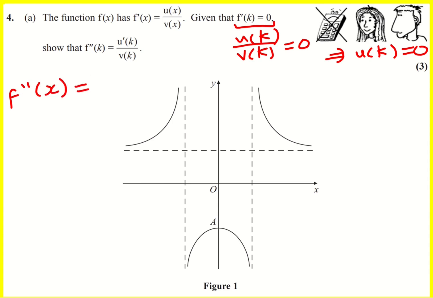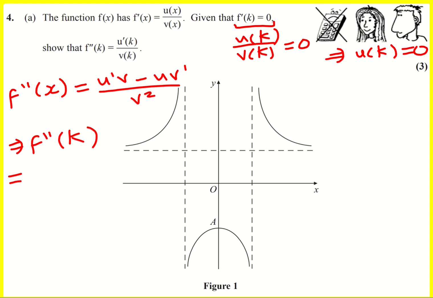We can use the quotient rule for this, and we're going to get u dash v minus u v dash. This is one to learn, divided by v squared. And therefore, f double dash k is going to equal u dash k and v k, minus u k v dash k, all over